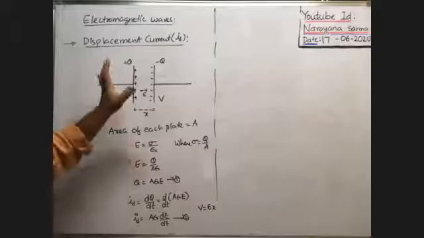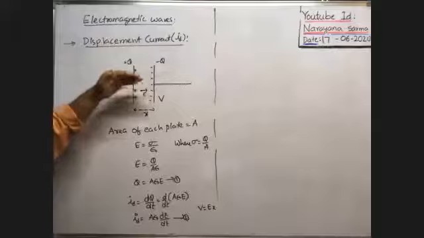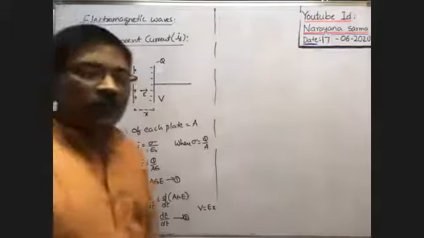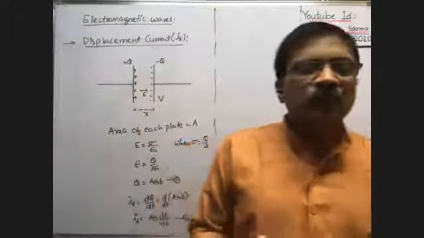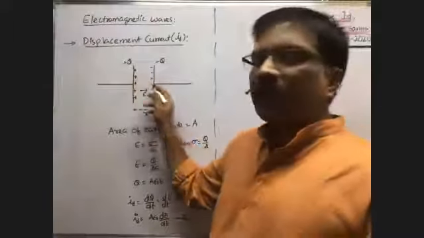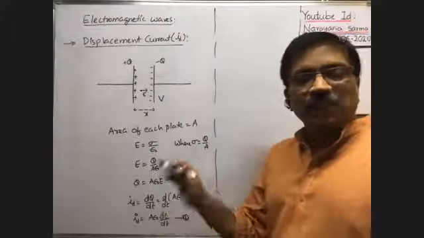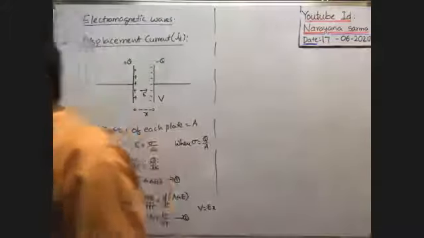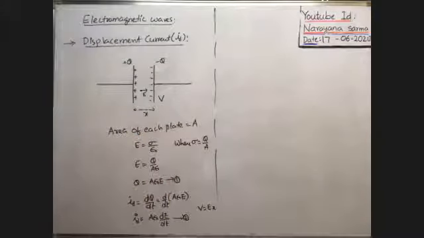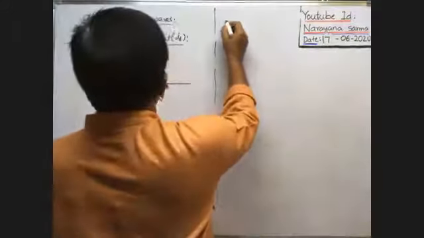That's why, because of the change of electric field between the two plates of the capacitor, some current will pass from one plate to another plate inside the capacitor, even though there is no electrical contact between those two plates. Okay, such current flowing between the two plates of the capacitor due to change of electric field is called the displacement current. So how can we define the displacement current? It is the current produced due to the rate of change of electric field.